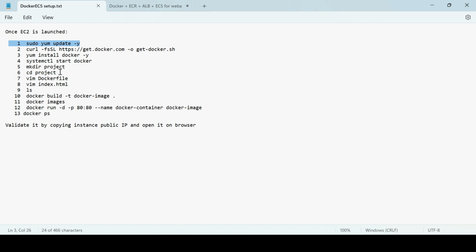And then within the project, I have created new files with some content in it. So the Dockerfile has a set of instructions, and index.html has the configuration related stuff. And then I just checked by doing ls and built the Docker image with the name docker-image. And then I checked docker images and